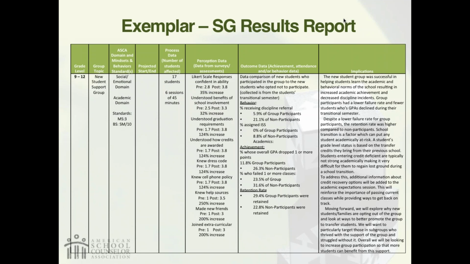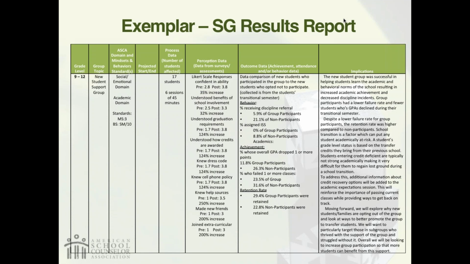You can see that they are focused on the social emotional domain and the academic domain, and they identified two mindsets and behaviors, mindset number 3 and behavior strategy self-management number 10. There were 17 students involved in this, and there were 6 sessions that lasted 45